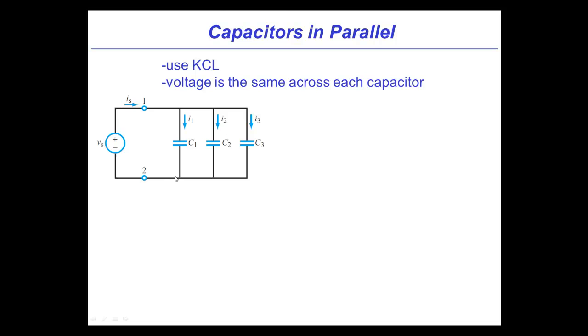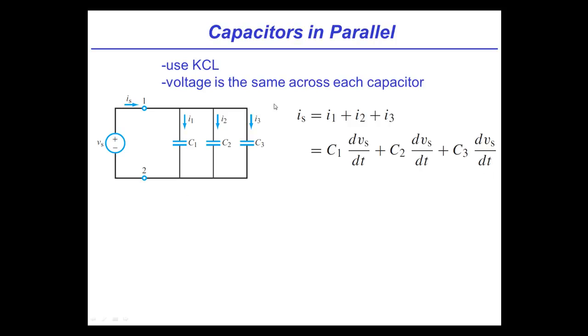In other words, we'll formulate a circuit where we have now a source applied to 3 capacitors in parallel, and now we'll recognize that in this case, rather than using a KVL, we use a KCL, and we recognize that all 3 capacitors will see the same voltage across them. Similarly, because of current splitting, we can write that the total current going into this combination of capacitors is going to be the sum of the individual currents, I1, I2, and I3, because those are 3 separate branches between the